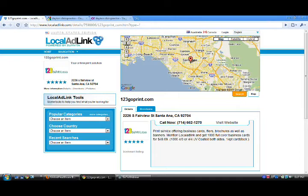So I'm just going to go ahead and put in Dayton chiropractor. Okay, chiropractor with a C, not an X. Hit search. And again, when you do these searches, they're not always going to show up. Even if you buy directly from Google, they're not always going to show up. But I've shown this example